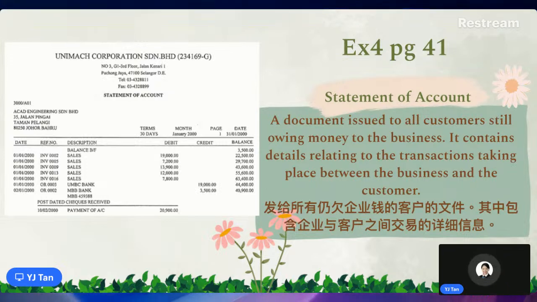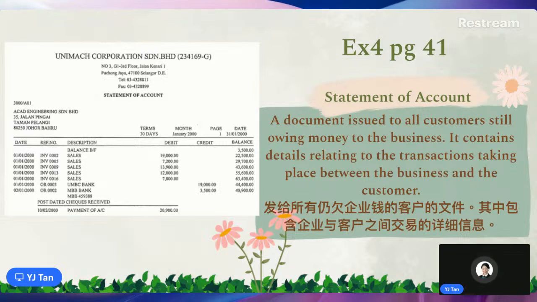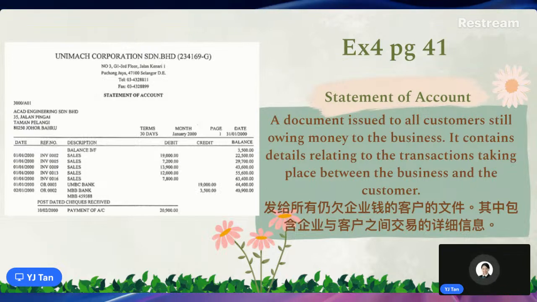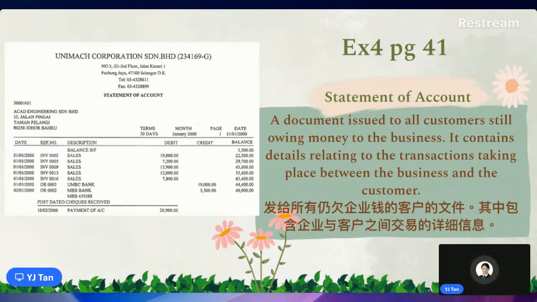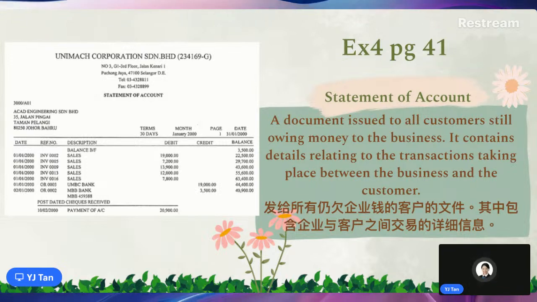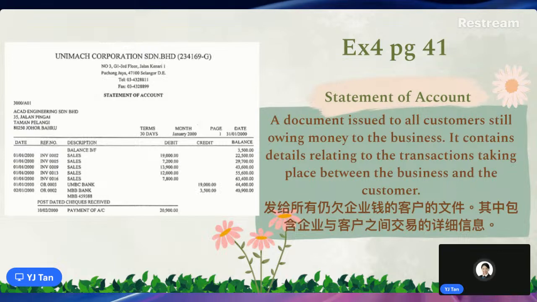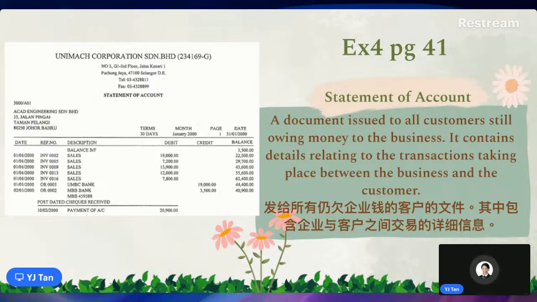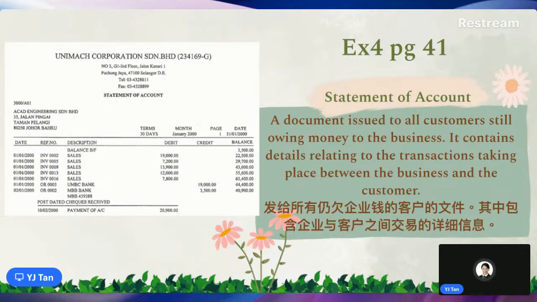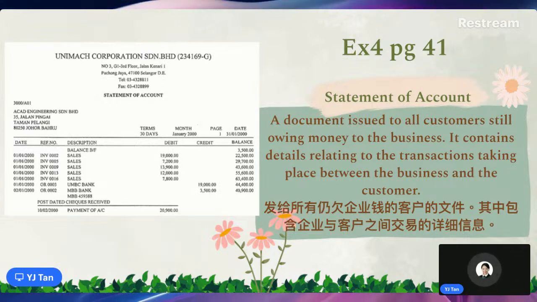So the statement of account for me as a customer is very useful. It actually tells me that Unimatch recorded the transaction, and from this particular statement of account, as a customer, I know that I still owe Unimatch a balance of 40,900. This is something that I have to pay them. In business, sometimes when the transactions are many, you might miss one or two documents or transaction records in your bookkeeping account. So this statement of account helps a lot for us to double check all